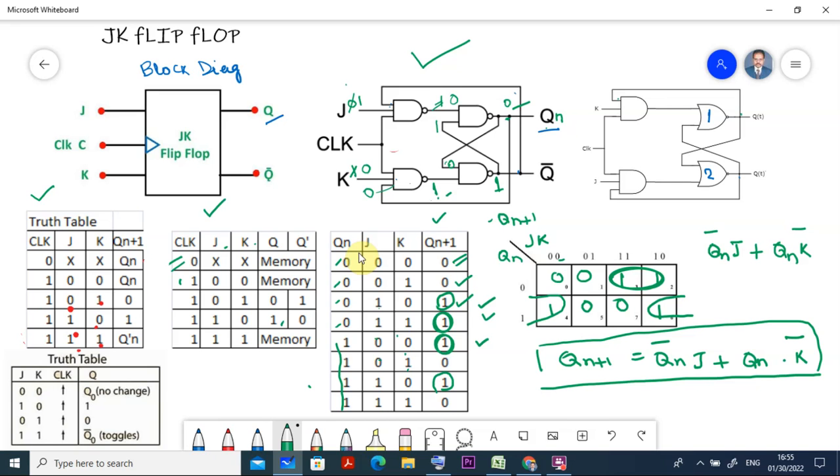From this K map, we find out that this 1, 2, 3, 4 cases are one remaining there, and we created many terms. So using this one min term is created, using this two also min term is created, and finally Qn plus 1, which is equal to Q bar n into J plus Qn into K inverse. Okay, or K bar. So this is the equation, and then another 2 things is there. We can go for the excitation table. That in our next video I will explain. I hope you have understood.